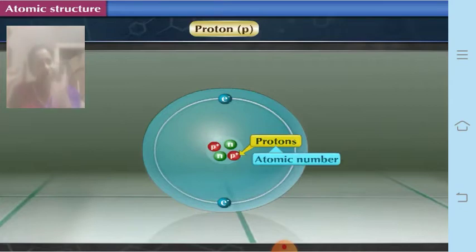And remember, whatever is the number of protons, the same is the number of electrons. When we come to electrons, I am going to speak about that. So the number of protons is equal to the number of electrons, and therefore since the positive charge and the negative charge are balanced, the atom as a whole is electrically neutral. So remember, whatever the number of protons or electrons, the same will be the atomic number.